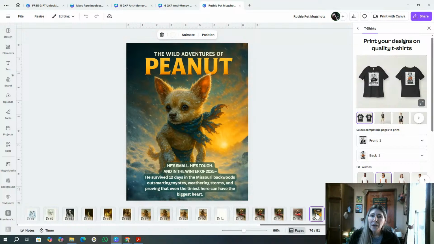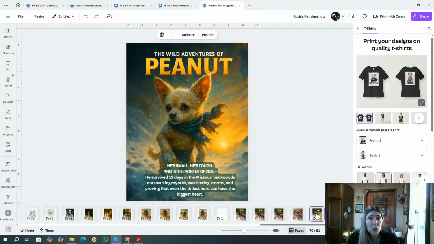This is our little long-haired Chihuahua. He actually ran off this year. This was like 3 months ago, and it was during a really cold part of the year. He was gone for 12 days, and he's almost blind. After 12 days, we thought he was dead. I mean, there was just no way that this little dog could survive because we're out in the woods and there's coyotes and water crossings and all kinds of stuff.